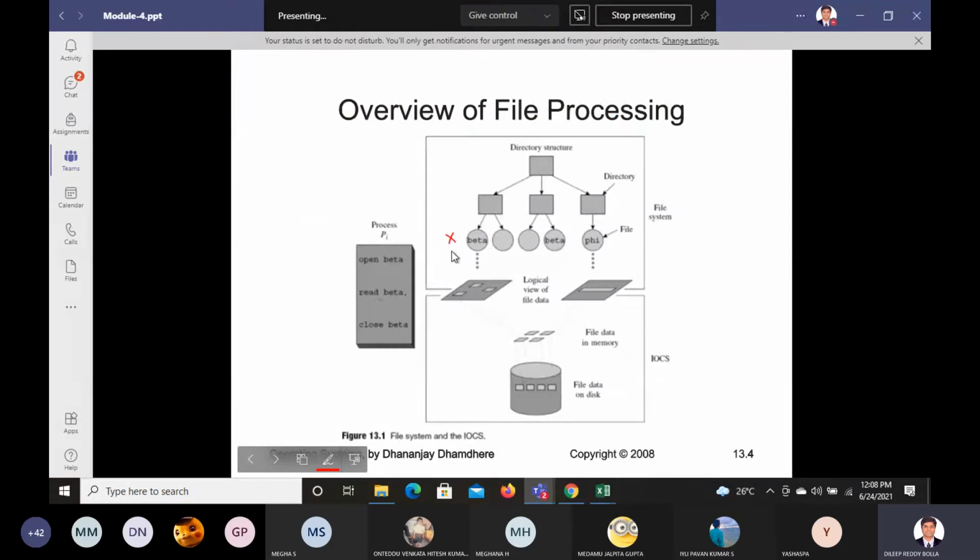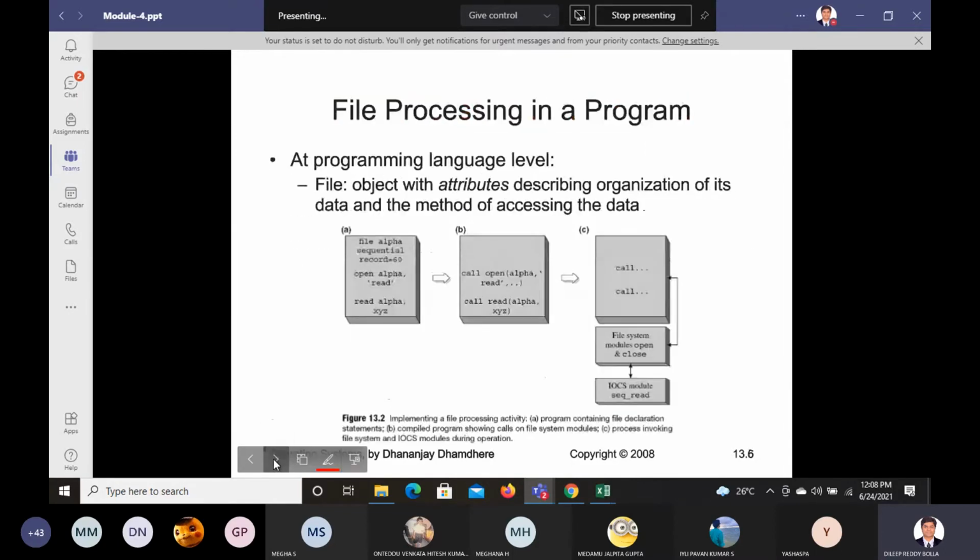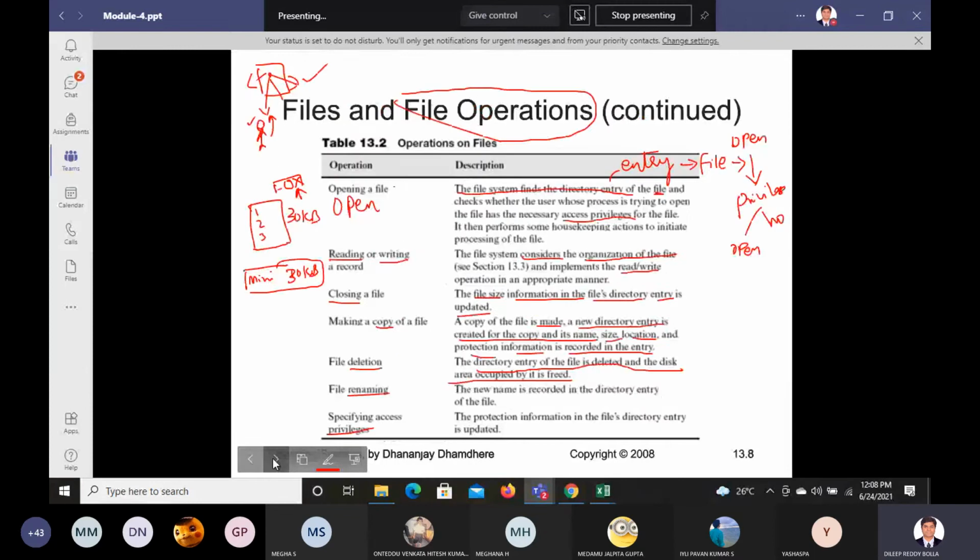If you delete this file, this entry will get deleted, which means all the entities related to it will not be there. Let us say this has been stored inside this block. Inside that block also, the corresponding memory will get deleted. So when you delete a file, whatever data you have in that memory should also get deleted. Okay, that's what they are trying to say for the operation of files.